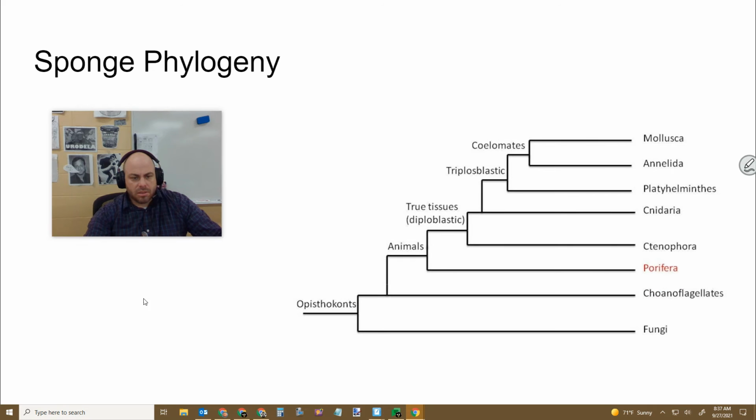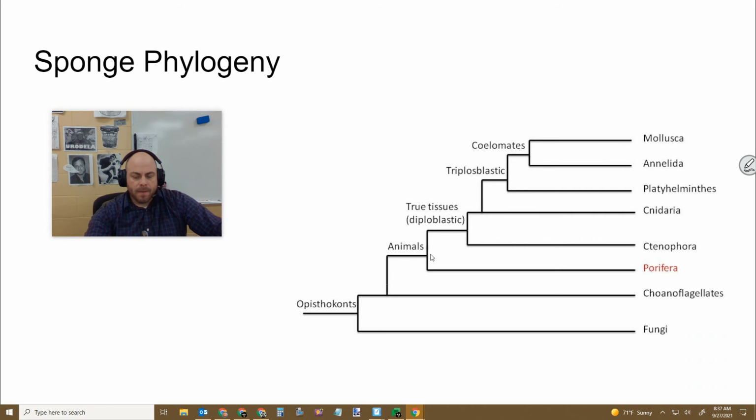So let's talk a little bit about sponge phylogeny here. This gives you an idea of where they are in the course of all animals. So back here, you have fungi, and you have this branch of fungi and everything else, right? Animals. But then that first branch is the choanoflagellates, which we talked about in a previous video, which represent the first common ancestor with animals, which would have been back here. And then all other animals kind of branch off. And then from this initial animal branch, you have sponges, and then everything else kind of goes up here, and